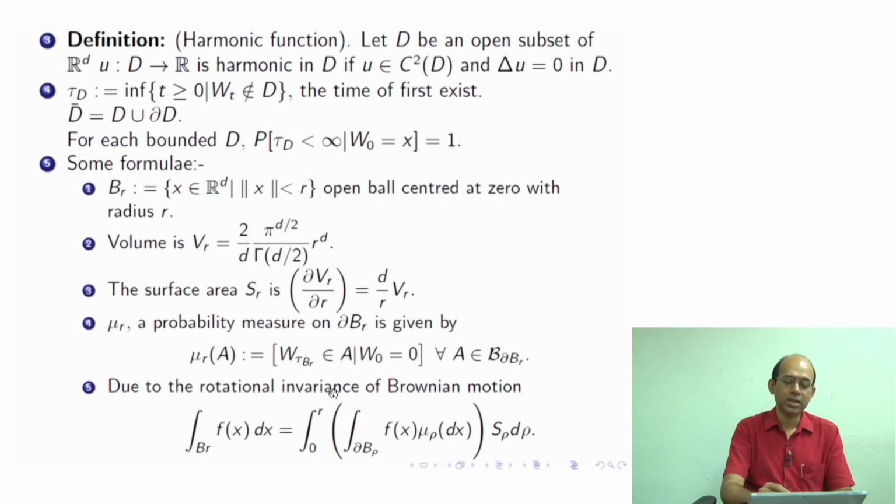So that is the identity. Now if you replace f by 1, a special case, then on the left hand side you get the volume V_R, and on the right, f is 1, this is a probability measure, so the whole integration is 1. So you get the integral from 0 to r of S rho d rho, correct. So we are cross verifying; you can actually retrieve this from here. So this is a generalization of the above. We are going to use these notations and relations in the next slide.